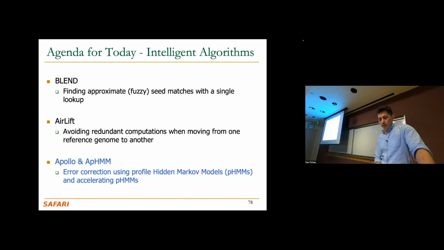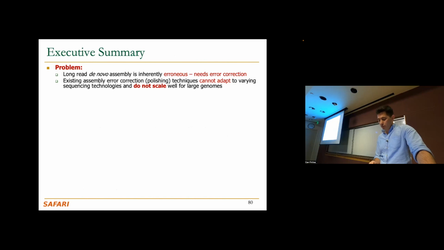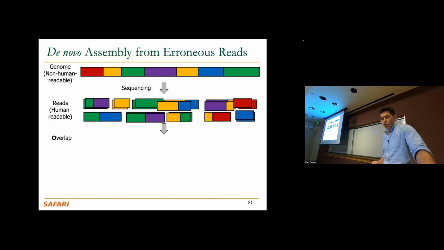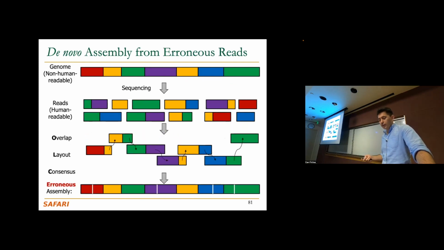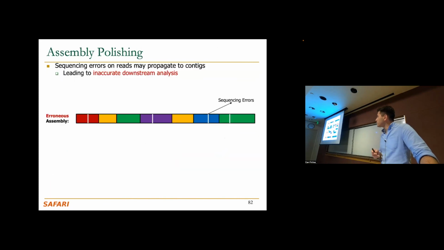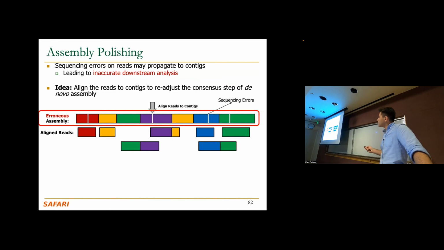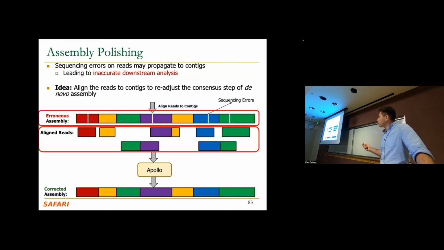All right. So I actually presented Apollo last year to the patient lab, and also to many of you. This is an error correction mechanism. It's like correcting the errors in the genome assembly. These are the ways we find overlaps and find layout and then generate the assembly from these. They are erroneous, and we need to correct them. There are assembly polishing tools that do this. It takes the genome assembly and the reads aligned to it and then corrects them,